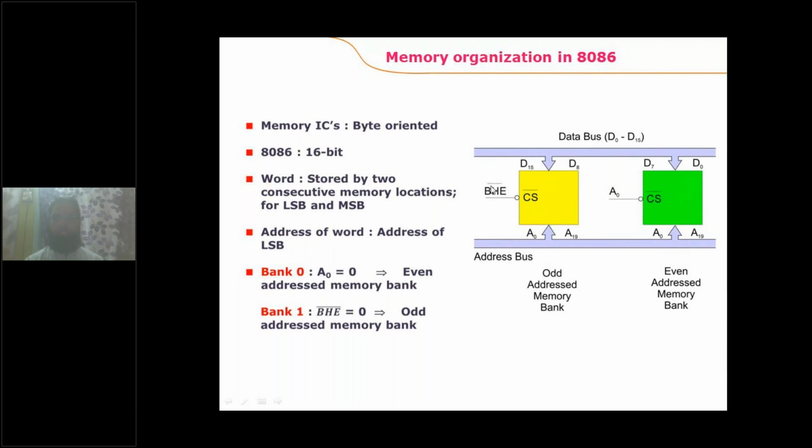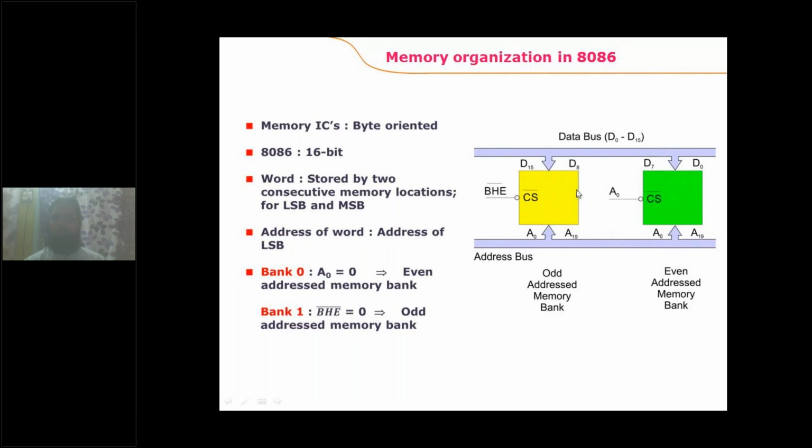This active low signal activates the odd bank. And to carry the data with the memory locations, the data lines used are D0 to D7, which is called the lower order data bus. This lower order data bus carries the data with the even bank, and the higher order data bus carries the data with the odd bank.